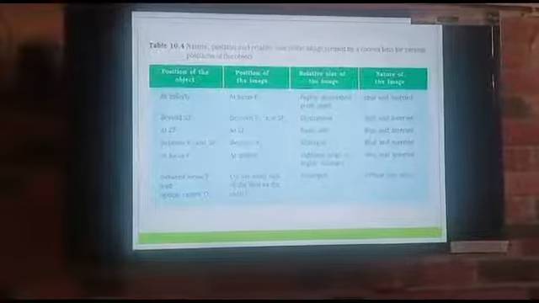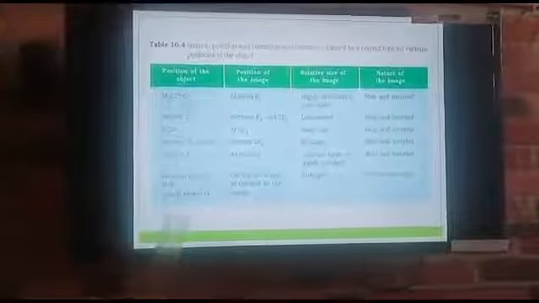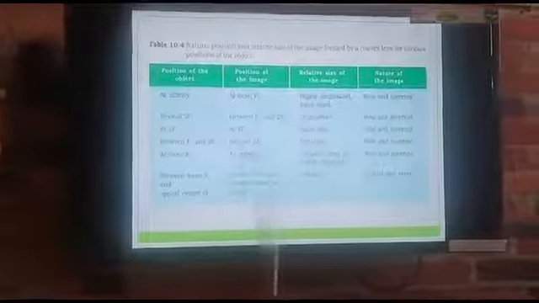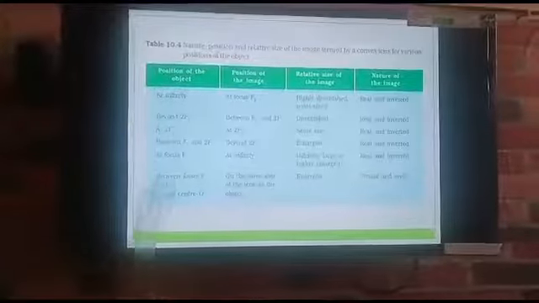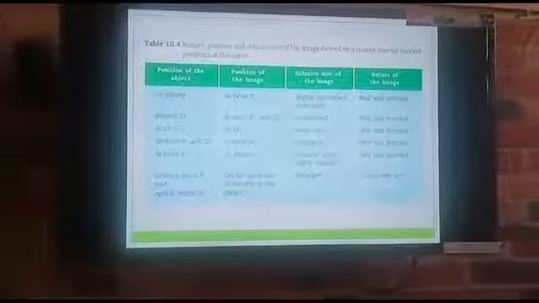Why do we need to draw the 6 ray diagrams? The reason being, if we change the position, if the object is at infinity and then moves a little bit closer to the lens, beyond 2f1, and then a little bit more, closer at 2f1, every time the position of the object changes, the property of the image formed is also changing. So we will discuss these 6 positions of the object for the convex lens.